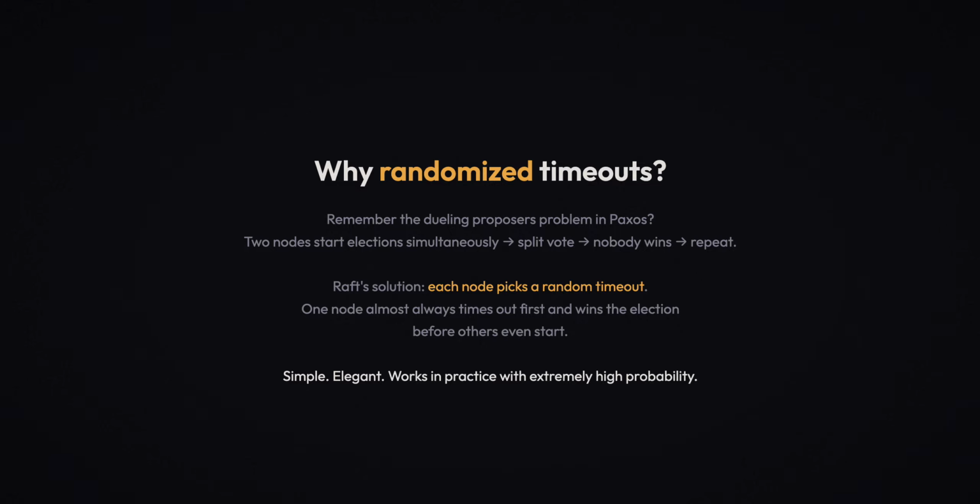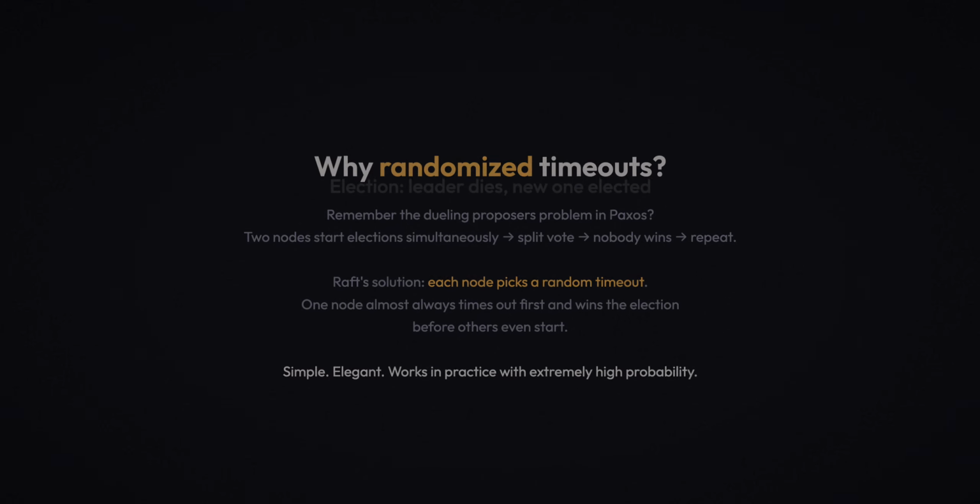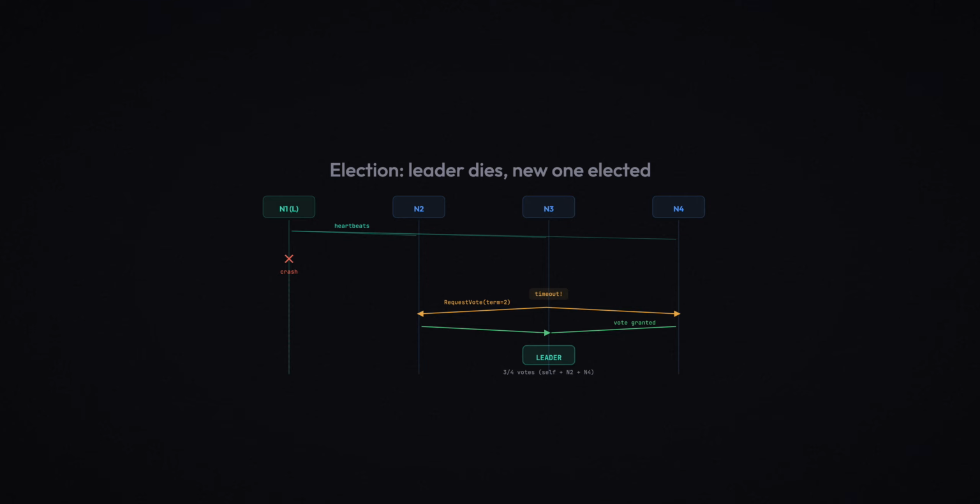Let's walk through this visually. We have four nodes. N1 is the current leader. It sends heartbeats to N2, N3, and N4. Then N1 crashes. The heartbeats stop. N3 has the shortest random timeout, say 180 milliseconds. Its timer fires first. N3 becomes a candidate, increments to term 2, votes for itself, and sends request vote to